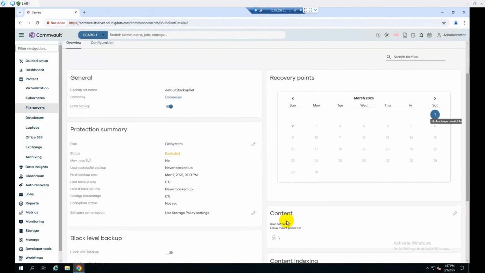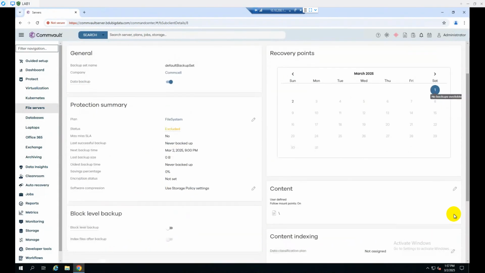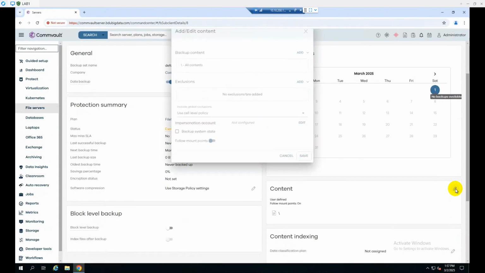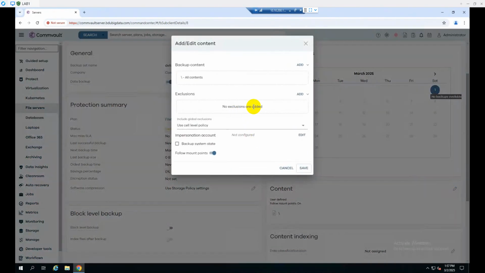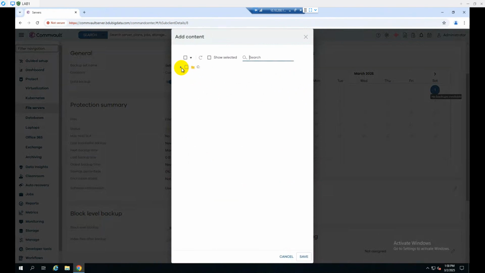Under the content, we will select our specific content which we want to back up. So from here, backup content, we will browse and then we'll select. So from user